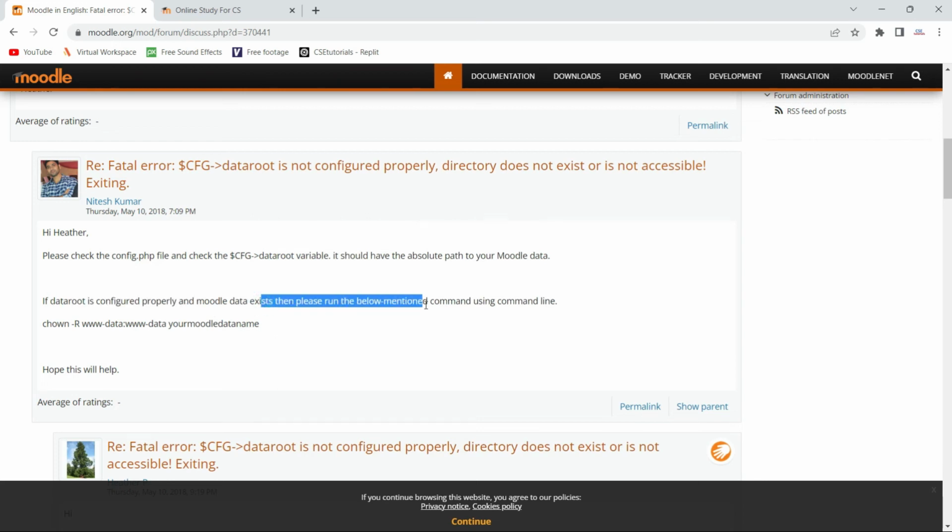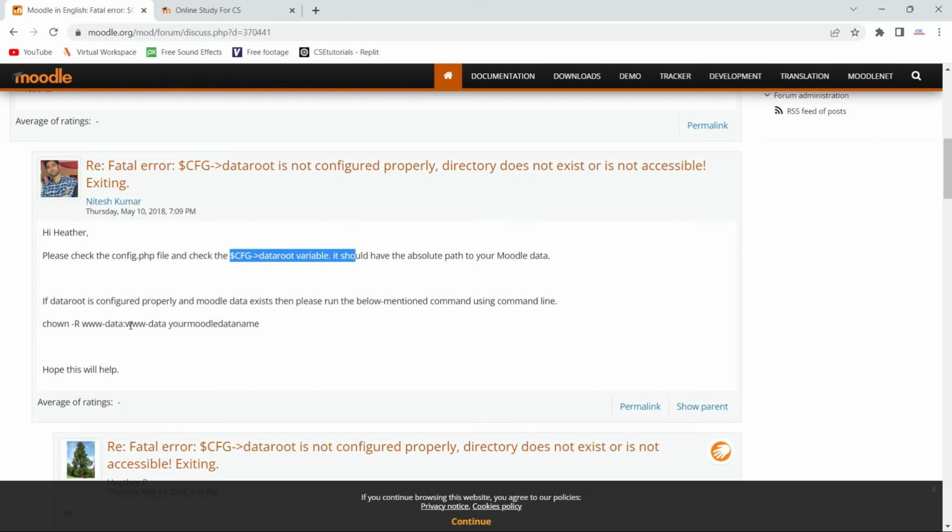The error might be because you have not set the CFG data root variable properly, and the second reason might be that you have not provided the correct permission to that folder, so that it's not accessible.